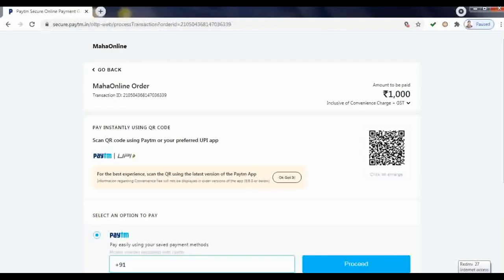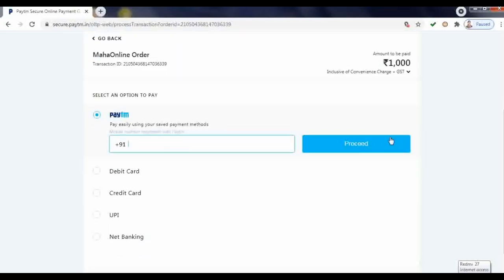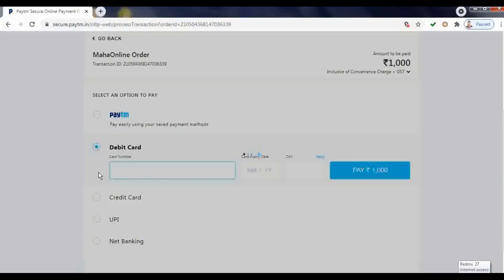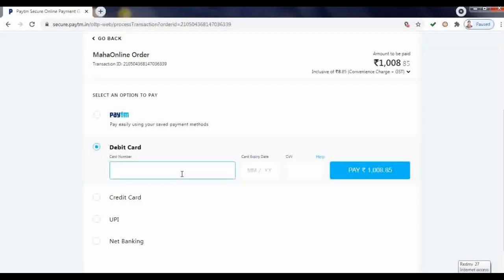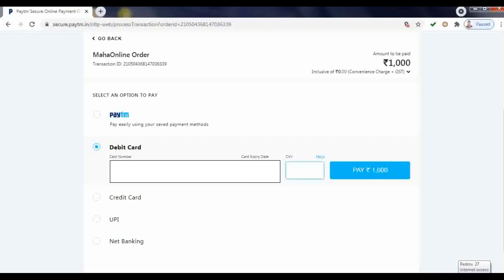So here I am selecting debit card. Enter your card details over here. Click on this pay rupees 1000.